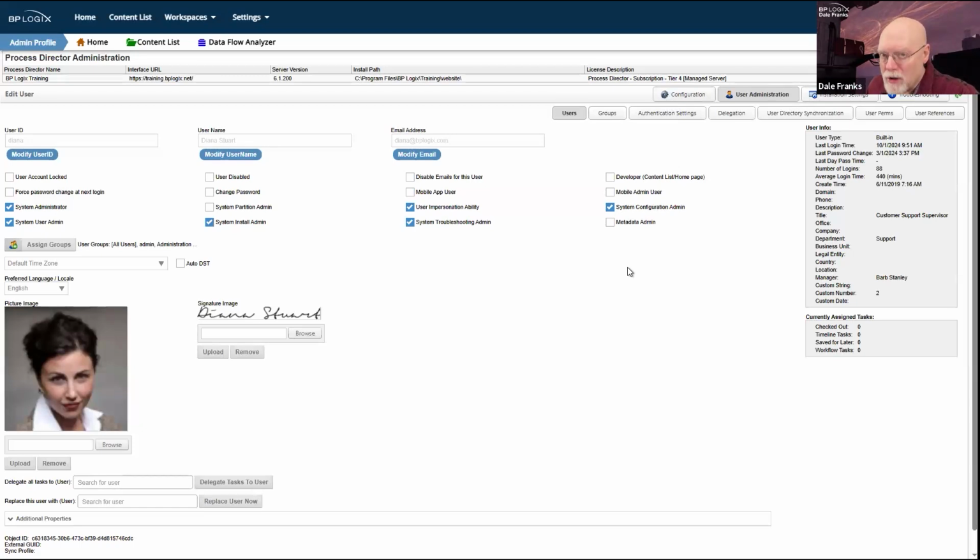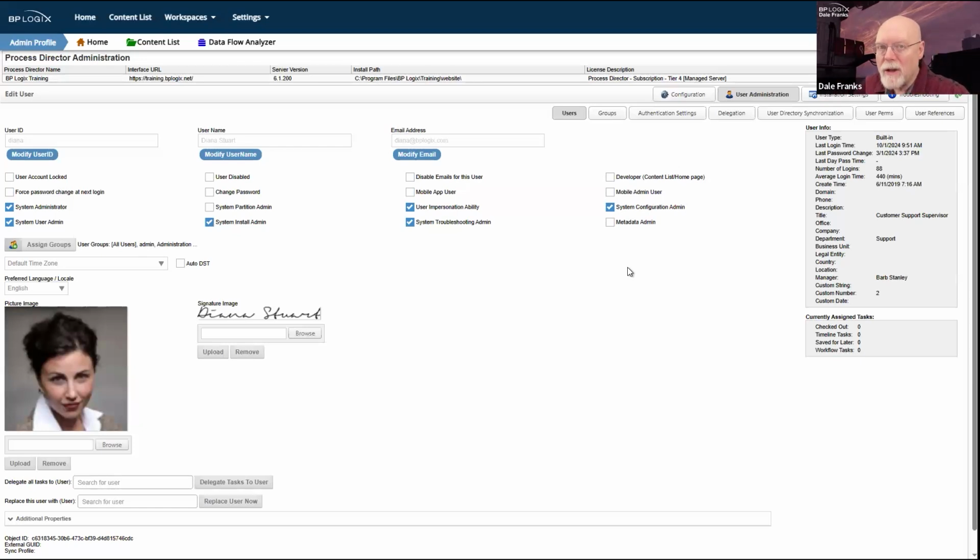On a production system, as an administrator, you should have 2 accounts. The first account should just be your regular end user account, the account that you would use to access Process Director on a day-to-day basis, where you put in your vacation request or you submit a complaint or whatever else it is that you do as a normal end user.